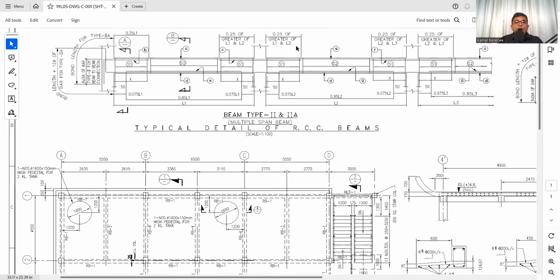So in the next video I will make the bar bending schedule for the same beam in detail. In the meantime, please check these beam details, and if you have any queries about how to read the beam drawing or the structural drawing, please let me know. I will get back to you, and in the next video I will show how to do the reinforcement detailing or the bar bending schedule of the same beam,